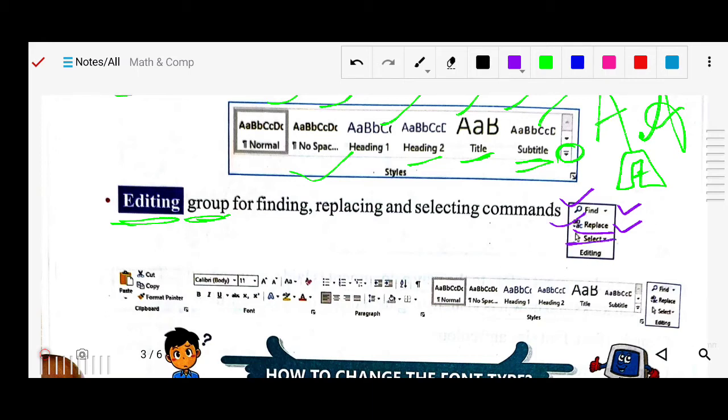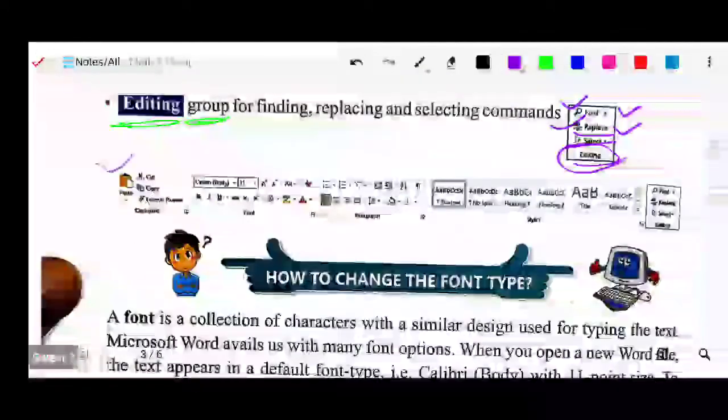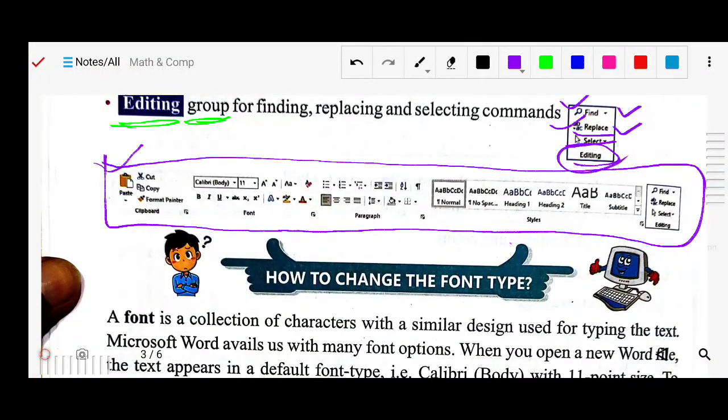Okay, you can select it. So these all come under your editing group. Now you can see this is the view of the home tab. All these groups we have studied, like paragraph group, style group, editing group, clipboard group, font group. These all groups are available here. See, clipboard group is here, font group here, paragraph, this is the style group, this is the editing group. These all groups you can see in your home tab.